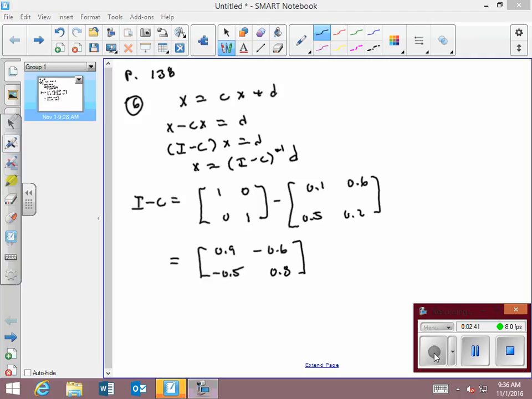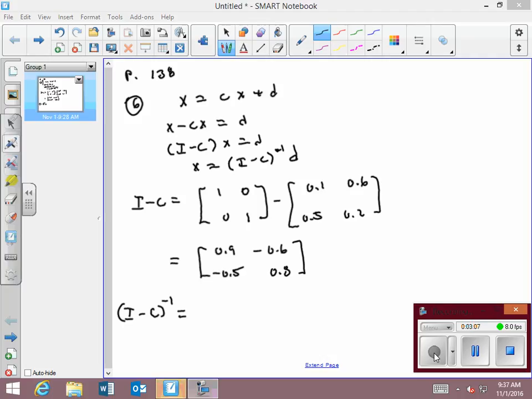This will only work for 2 by 2s, and you can use that theorem 4 on 105, and it says if you have that matrix, then the inverse of that matrix, I minus C inverse,